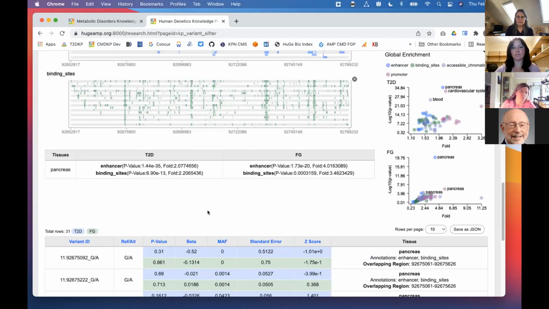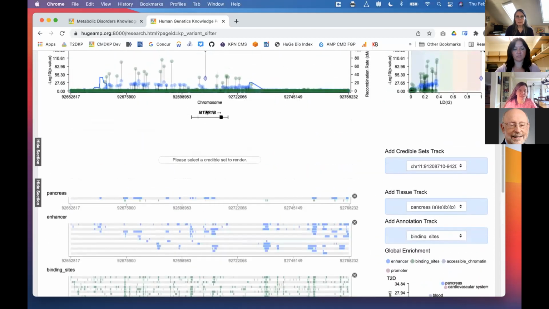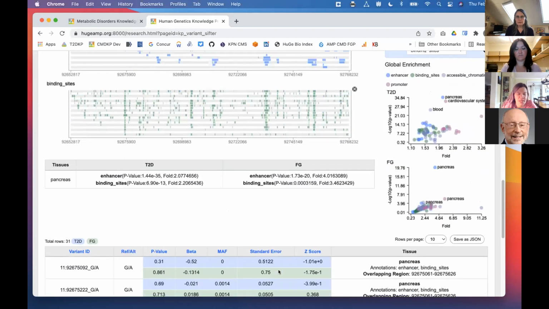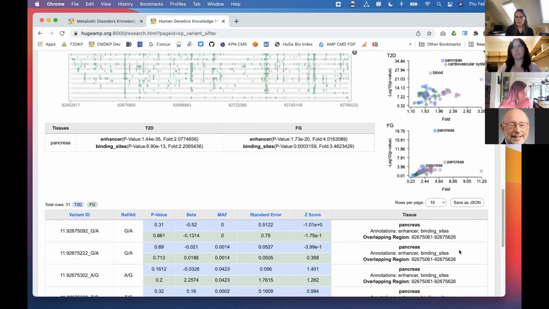Is there a way of having your top variants shown somewhere along the annotation tracks? Or at least maybe a crosshair would be helpful, down across these plots. Yeah, good point. Highlighting them, I like that. You do also have, for each variant, the coordinates of the annotations that it overlaps. So that's one thing, but I agree with you. That would really help.